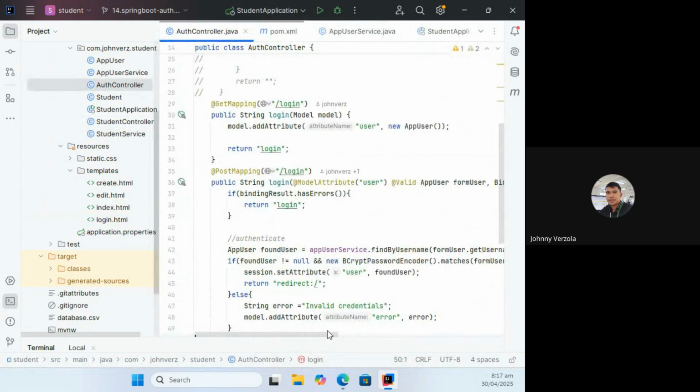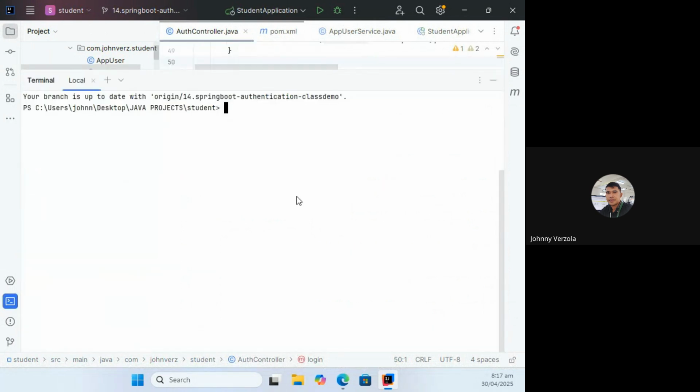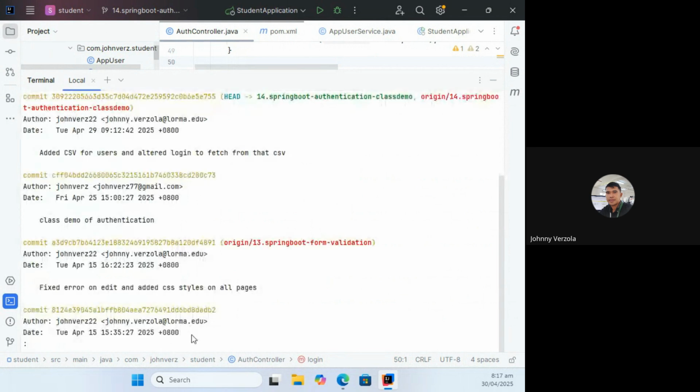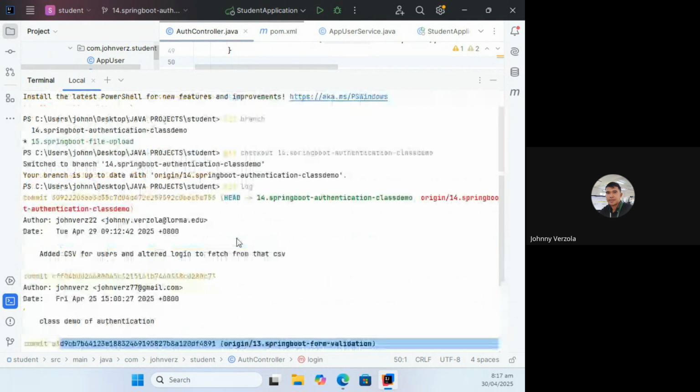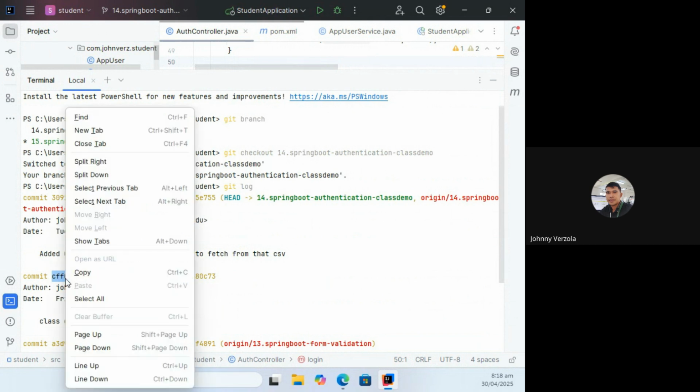Yeah, yun nga. So I'm just going to run git log and see the commit hash na wala pang kwan. I think it's this one. I'm just going to copy the initial of this hash.